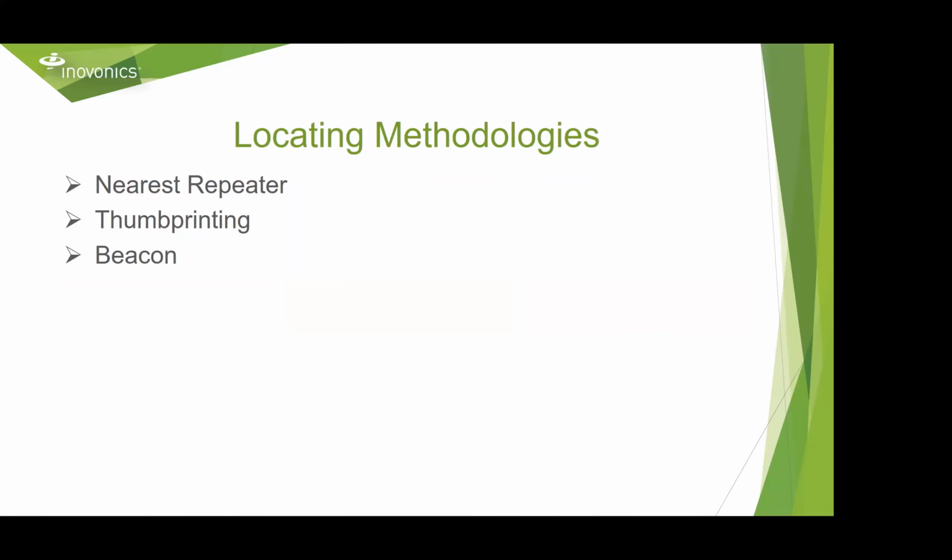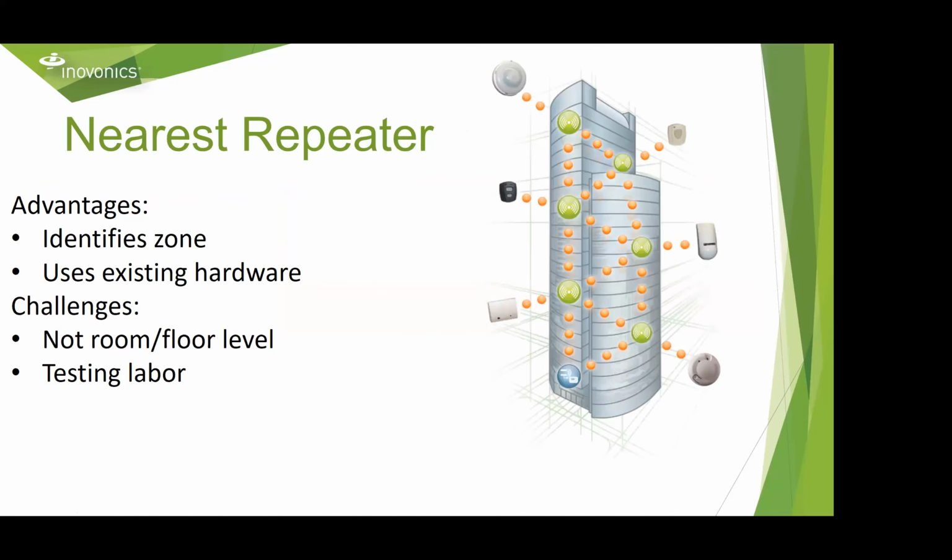Okay, so let's talk about the locating methodologies, what they mean, and what Inovonics has done with them in the past up to today. So we're going to call them nearest repeater, thumbprinting, and beacon, also known as signpost. So nearest repeater, this started when we really started getting into the senior living line of business back in 1996. The first locating site was in Grinnell, Iowa, where we deployed an old part number called the FA526 locator. And you would drop those in, whether it's a new or an existing installation, and it functions similar